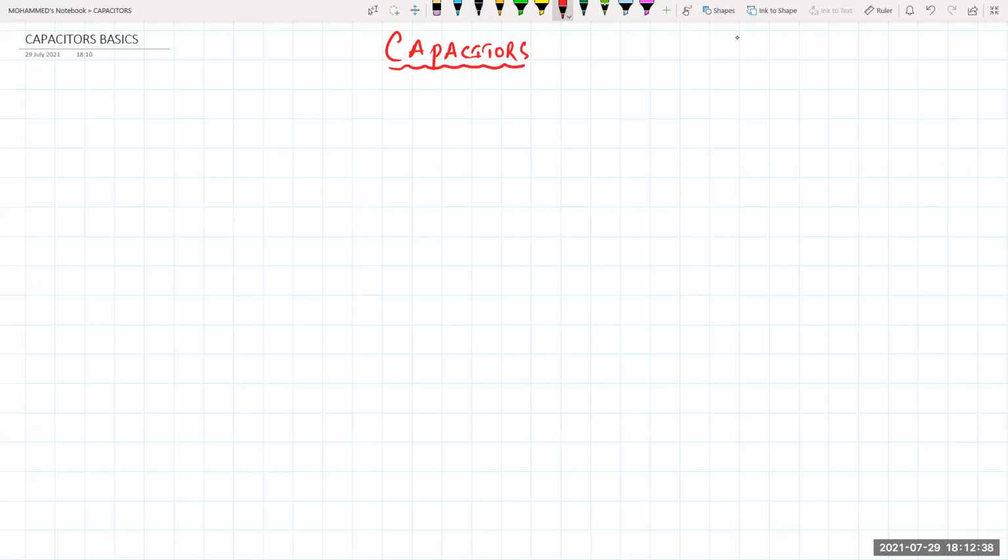What is a capacitor, beta? A device which is used to store the charge. Yes. So if I'm talking about a capacitor right now, whatever the charge you are giving to the conductor, a capacitor having a certain charge means the conductor is at a certain higher potential, having both positive as well as negative charge.